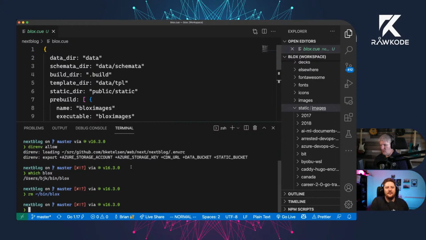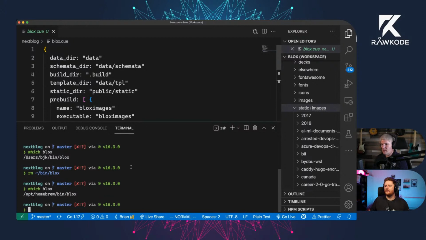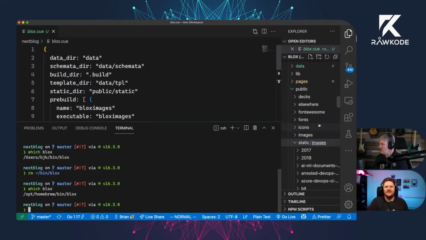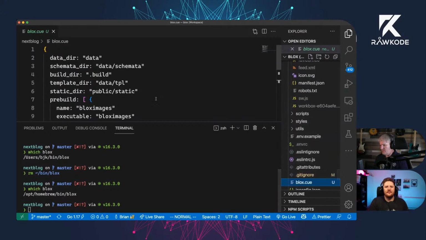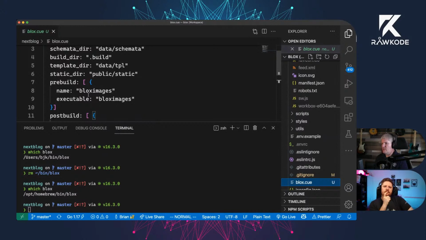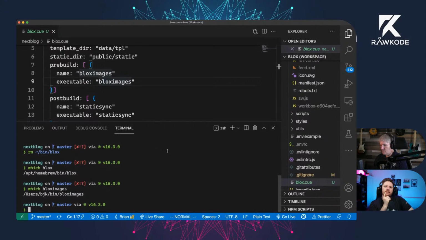Get rid of my custom built blox and make sure that I'm using the one that I brew installed. So by the way, Blox is available on Homebrew. You can use that on Linux or Mac OS. So if I do a Blox build, what it's going to do is run those plugins. Let's go back to my blox.q. There's a pre-build section with an array of plugins and a post-build section with an array of plugins. So I've got a plugin called Blox Images, and the executable is Blox Images. Let's make sure that exists. It does. So if I type Blox build,